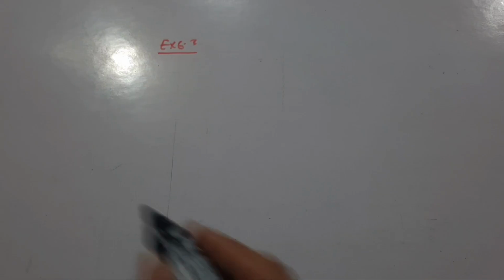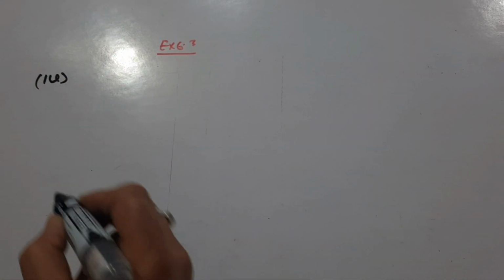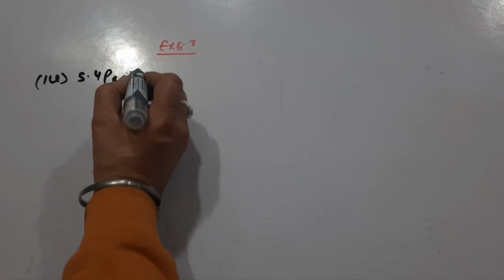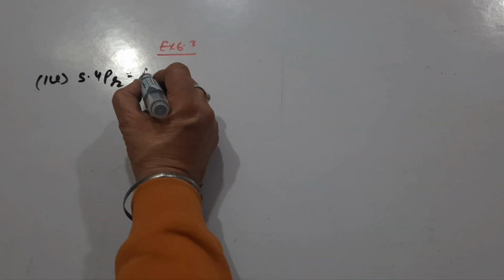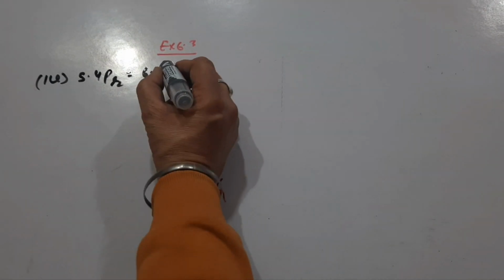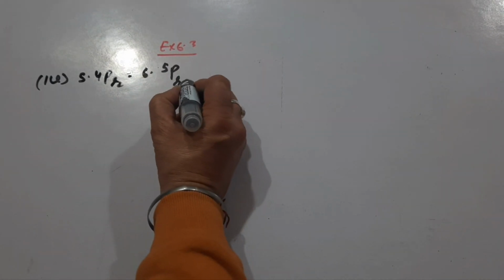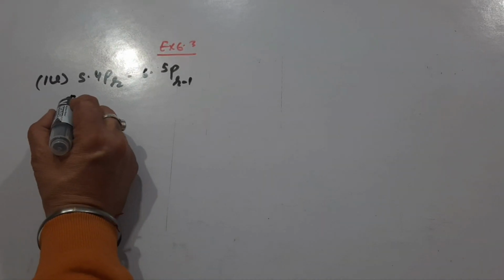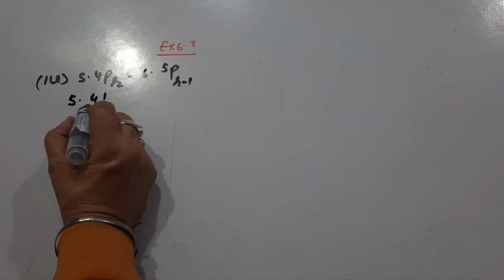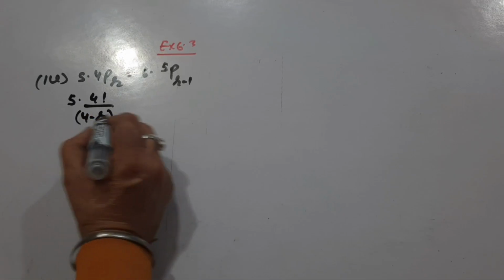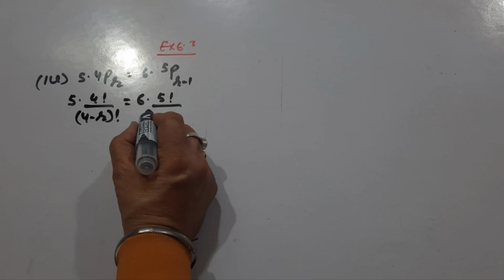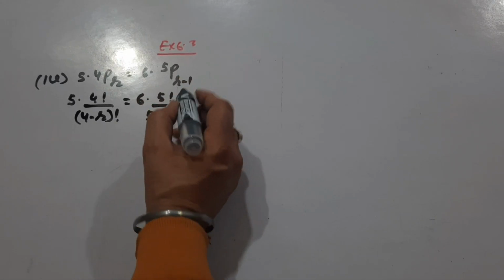Now the fourth part. 5 times 4Pr is equal to 6 times 5P(r minus 1). Now let us solve this. 5 into 4Pr is equal to 6 times 5P(r minus 1). So 5 into 4 factorial upon 4 minus r factorial is equal to 6 into 5 factorial upon 5 minus r plus 1,